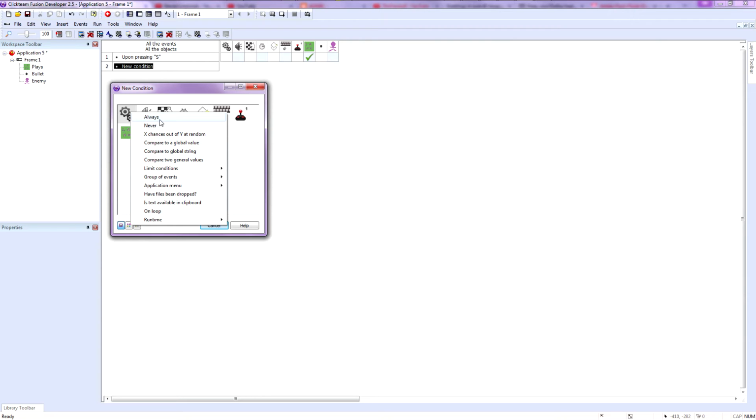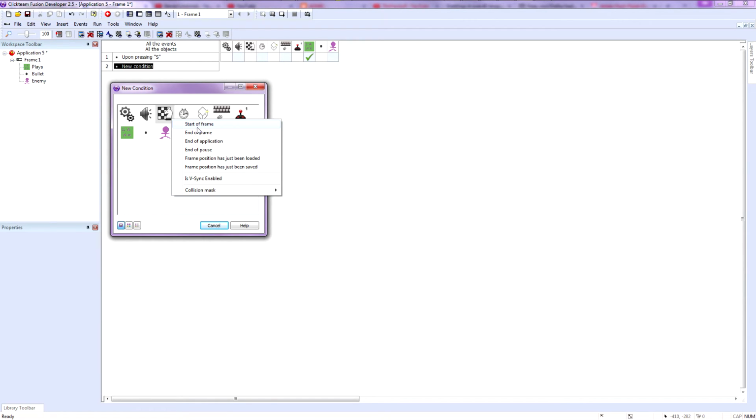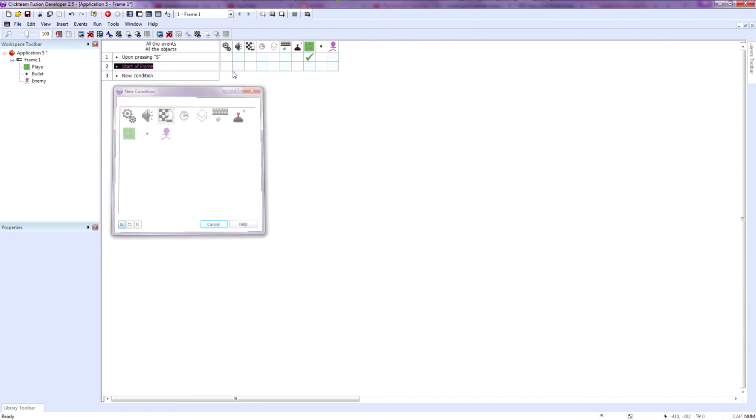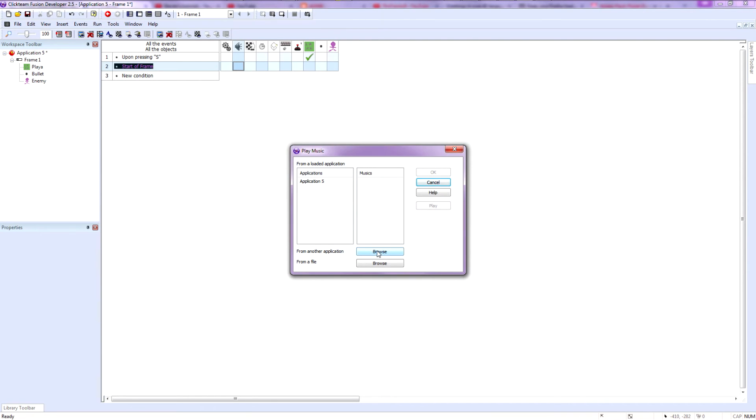So here you can have always, never, etc. For the music, you say music is music paused, is music not playing. Here you can say start a frame. For example, you can say start a frame, play a music when this frame starts. So you can say start of frame, click right here and say music, play music, and then you open the